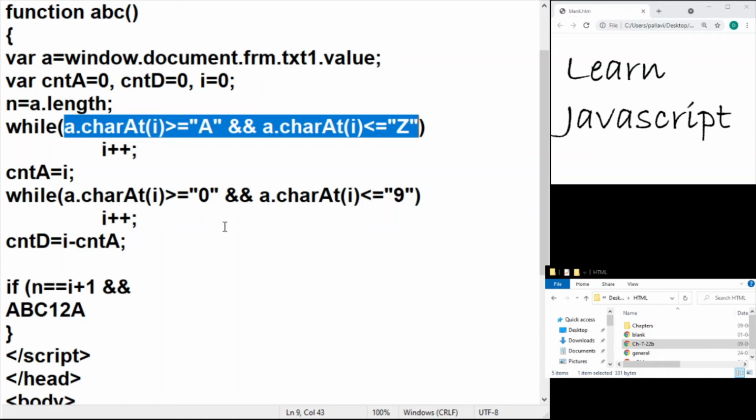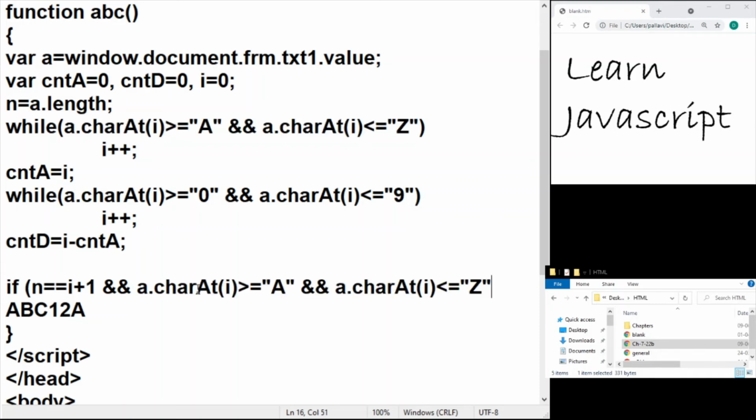I'm going to copy and paste instead of typing. So the current position where I is, the extracted character at that position should be in the range of A to Z. That means the position at which I is should be an alphabet. All right, and apart from this, there should be minimum what?